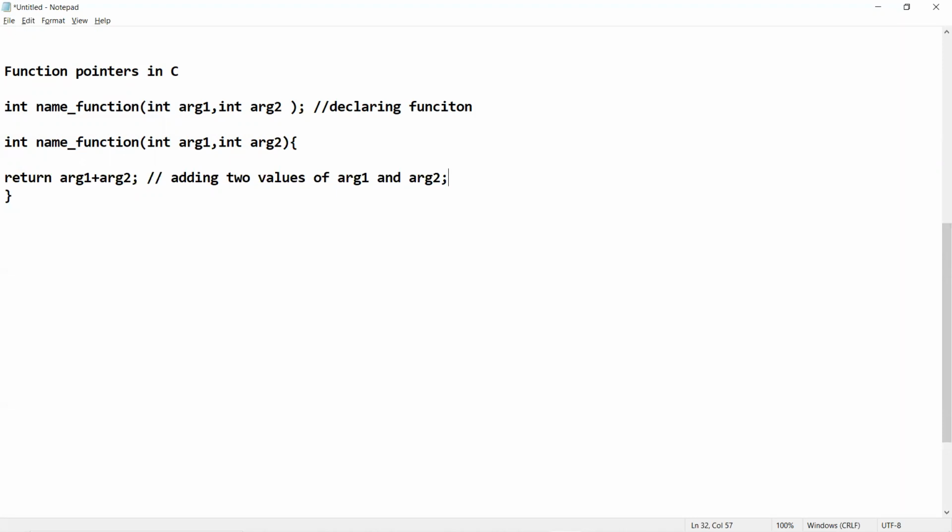Then how to declare a function pointer? This is the ordinary way of declaring and defining a function. Now, how to declare a function pointer?